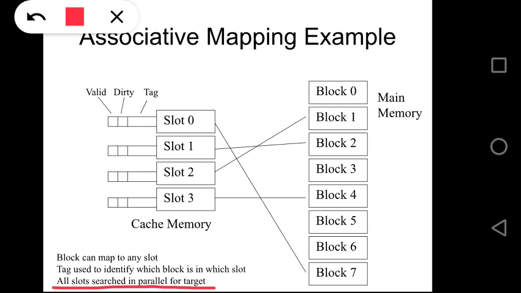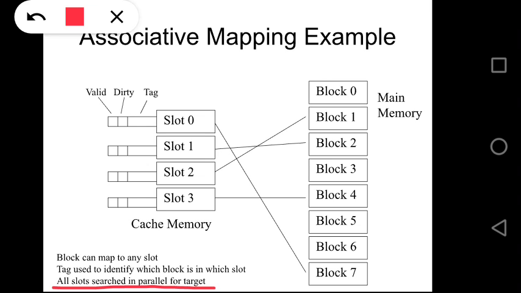If the processor issues an address, the least significant bits contain the bits for the word, and next is the tag. So this tag is compared with all slots in parallel with the issued address, like we have seen in associative memory or content addressable